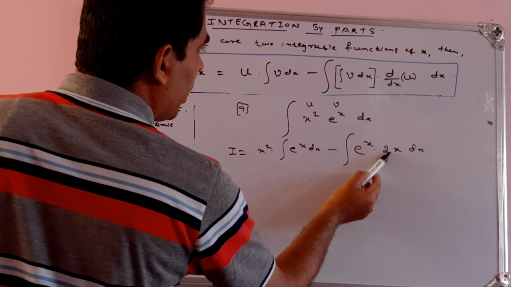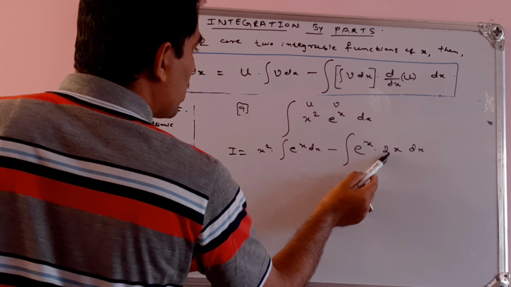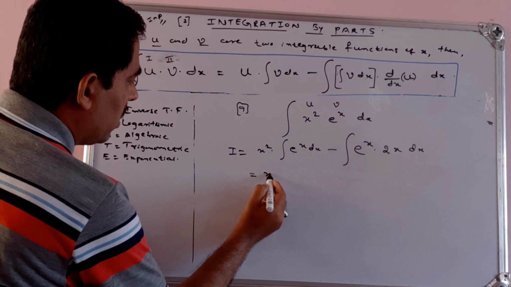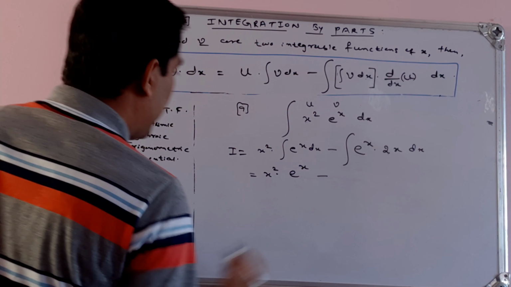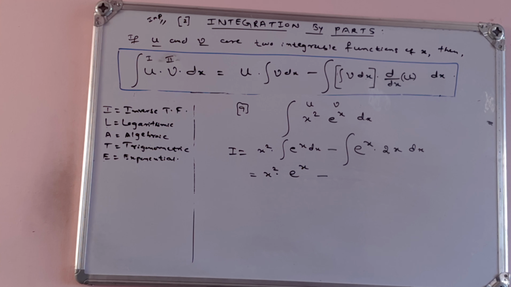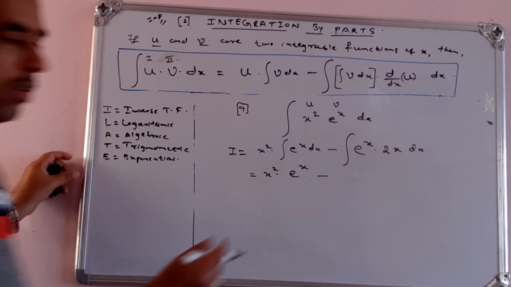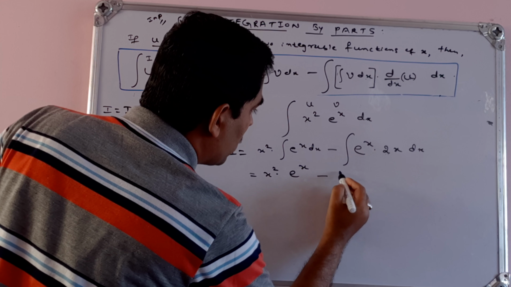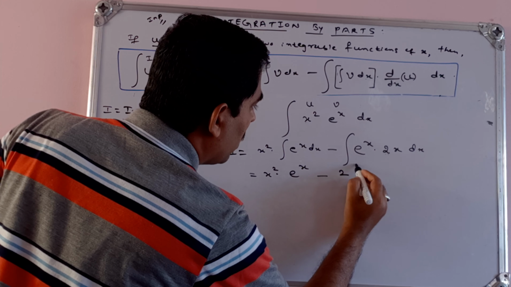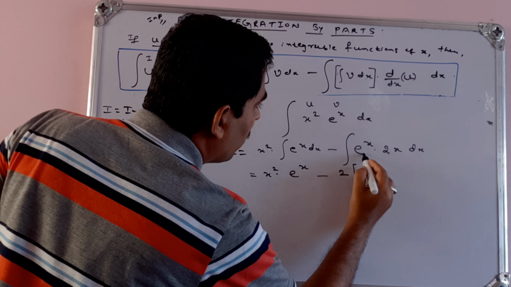See, the derivative of u, that is the derivative of x square, is 2x. Then x square into, see, the integration of e to the power of x is e to the power of x only, minus. So write the minus sign outside, okay, this minus sign outside. Then see, this 2 is a constant, take it outside the integral sign, 2, okay, 2 into, see, the integration of e